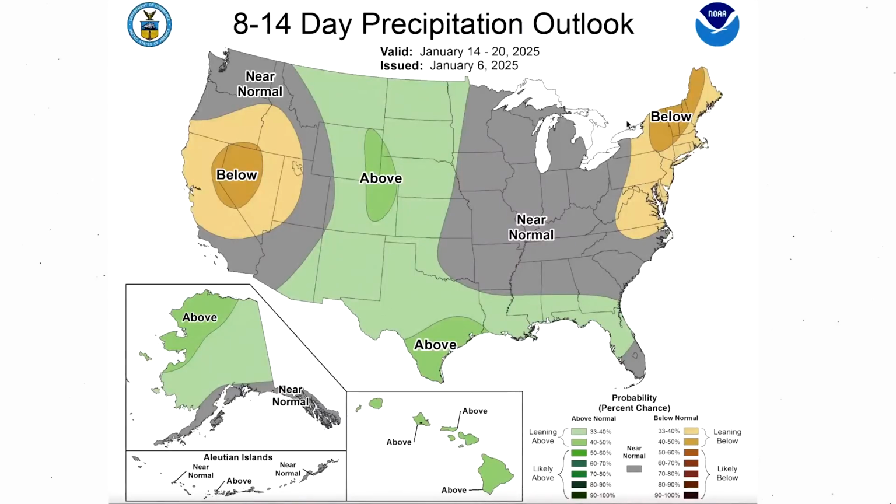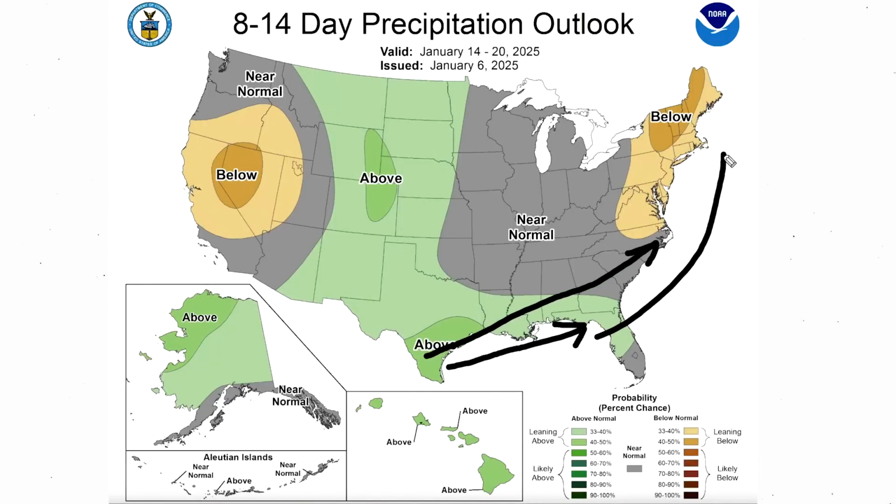Precipitation, a little bit drier for the Mid-Atlantic and Northeast, but probably a more positive look if you're hoping for snowfall as we get near normal conditions in a lot of these gray areas and even above average in here, kind of indicating that we'll see some Gulf storms trying to activate. And if that's the case, we'll kind of be game on for some tracking potentially further northward, maybe even up the coast.